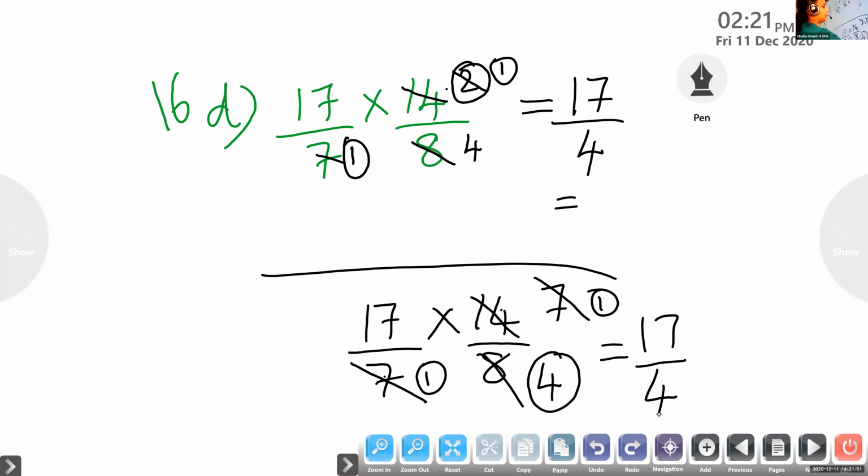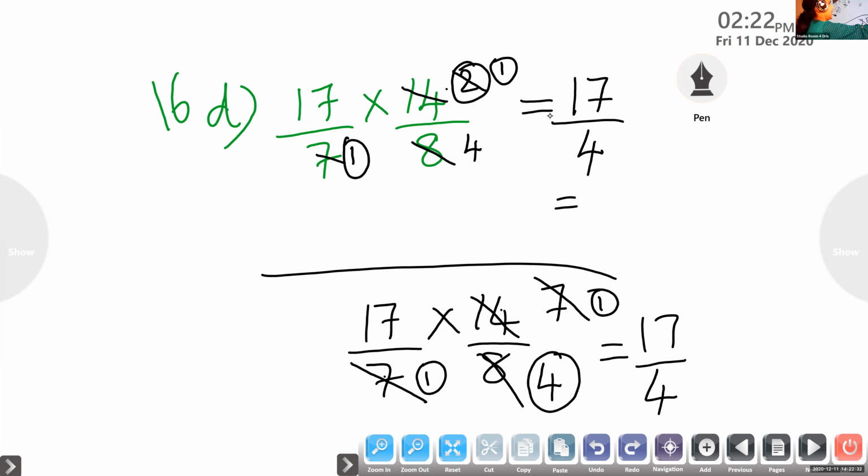Okay. Harsha, can you tell me the answer in mixed fraction? 17 by 4. Ma'am, I'm doing it. This you can do in the mind. Yes, Fia? I got the answer as 6 1 by 4. 6 into 4 is 24, but here we have only 17. 17 by 4. When I am checking, 4 4s are 16. 4 1 by 4.